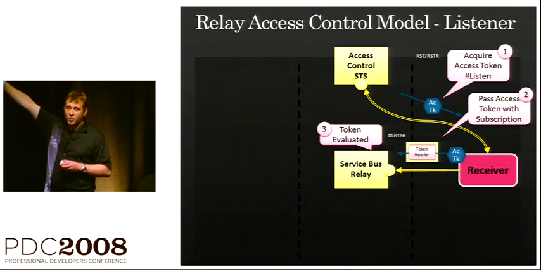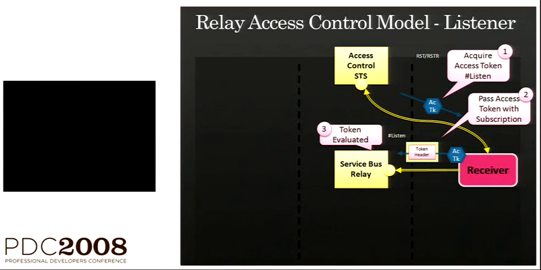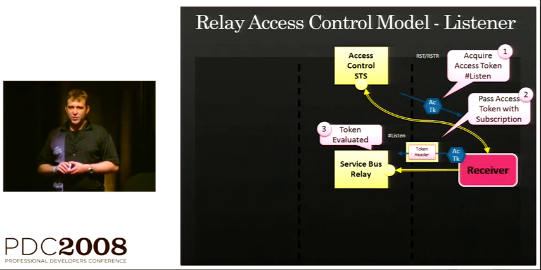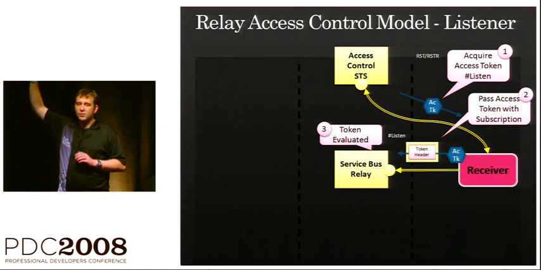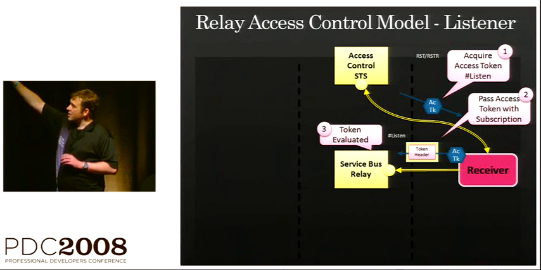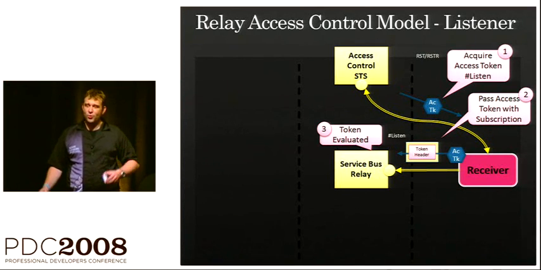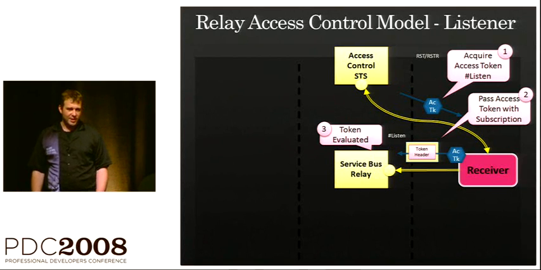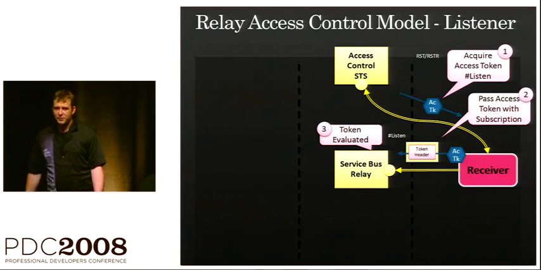So we first acquire that token. We do so by the REST path by providing username and password. We have a number of credentials you can use with the WS-Trust path that's baked into the program model, so you get that token. If you, with your identity, are entitled to that claim, so you can get that listen permission, the token is going to be issued to you. If not, it's going to tell you, I don't know who you are, or sorry, you can't do that. But if you get that token, it is then issued for the service bus relay.